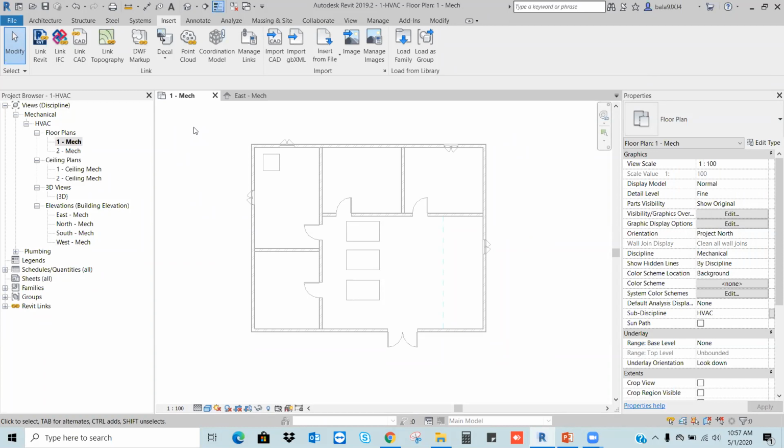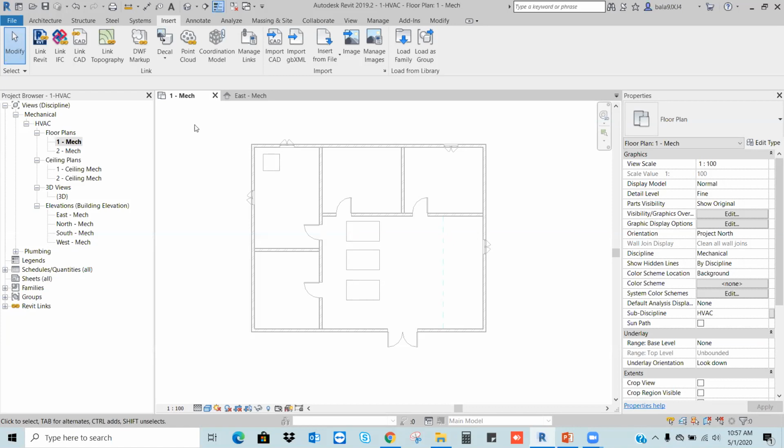Okay, where we are generating the cool air in the AHU, where it is reaching the rooms. In between we have the duct fittings and accessories and all. AHU to the air terminal. So the first task in Revit is to place the air terminals, the diffusers.